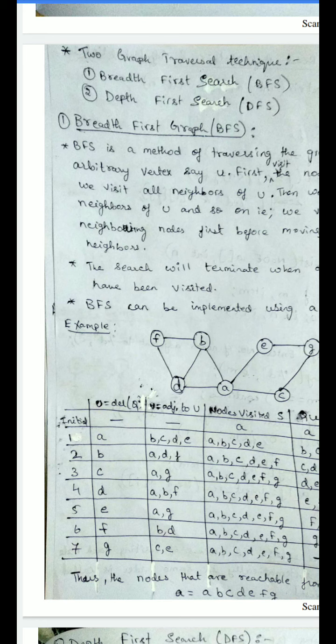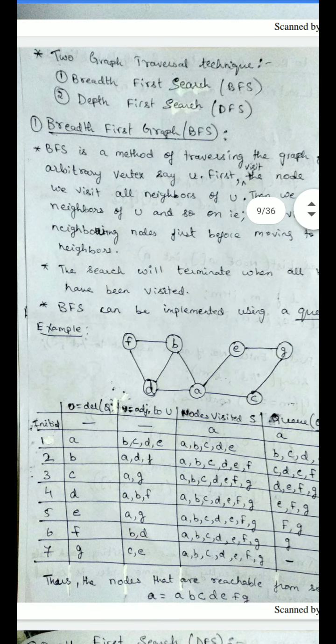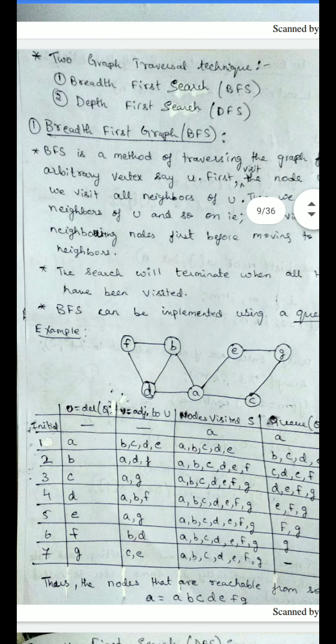You can visit A or you can visit D. Adjacent to B are A, D and F. Okay, these are the adjacent nodes to B. Next, which nodes are visited? No, F is the additional one. Okay, next in the queue remaining are C, D, E, and one more addition is F.